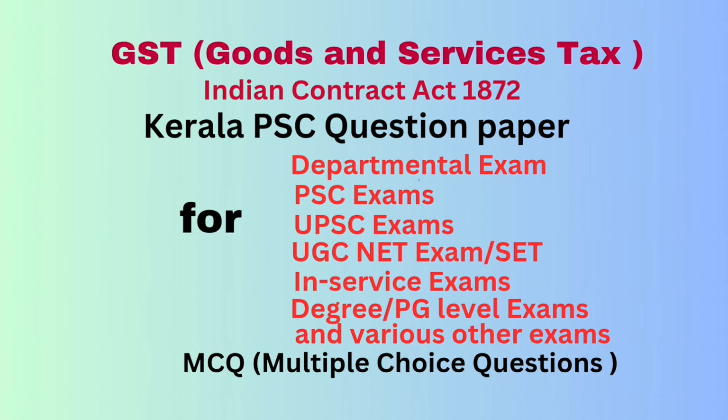Question number 3. In order for a union territory to be qualified as state under the Central Goods and Services Act, it should have, answer, legislature. Question number 4. The period for which the return is required to be furnished as per the Central Goods and Services Act is dash. Answer, tax period. Question number 5. Government under Integrated Goods and Services Tax Act means, answer, central government.